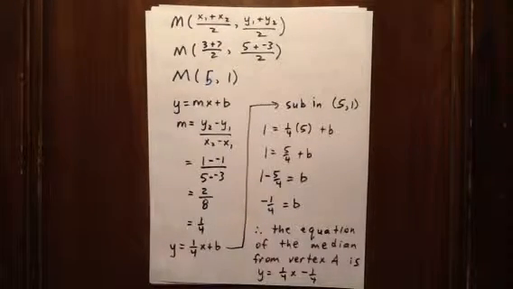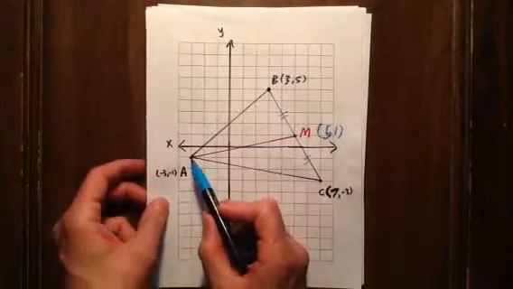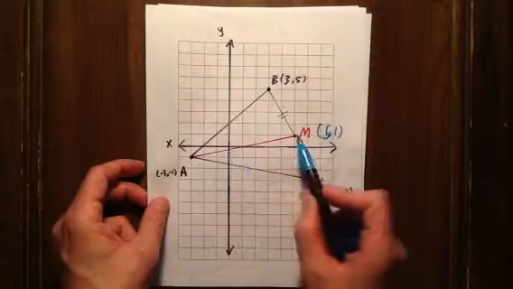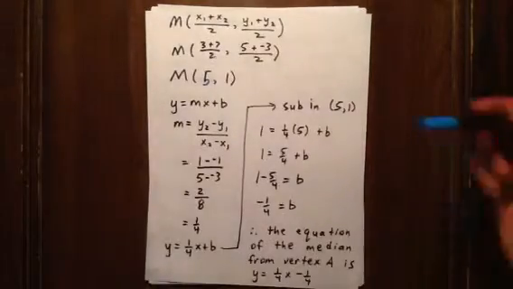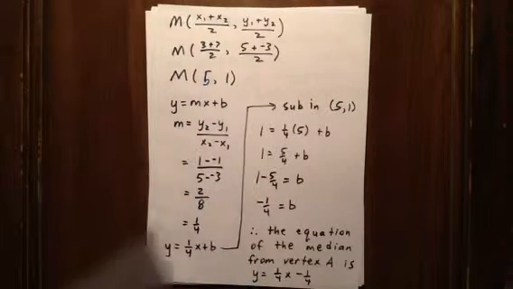Now we're going to use the method of y equals mx plus b. And we're looking for the equation of the line from -3, -1 to 5, 1. Well, using the y equals mx plus b method, we see that the slope is going to equal y2 minus y1 over x2 minus x1. That's equal to 1 minus -1 over 5 minus -3, which is 2 over 8, or 1 over 4. So the equation of this line